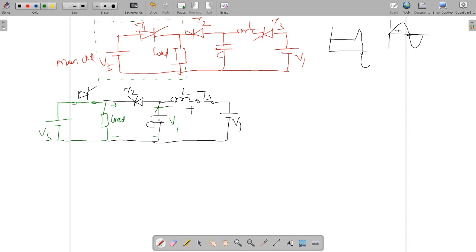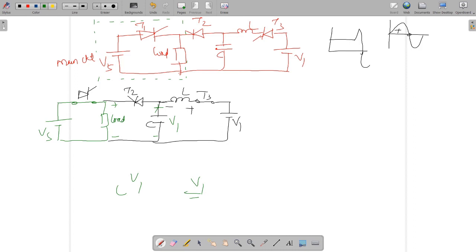So now what will happen? You can see here V1 is across the capacitor and V1 across the DC voltage. So ideally the current should be zero in this circuit, but you can see there you have the inductor, and the inductor has stored some energy in the form of magnetic field. So the inductor will oppose any sudden decrease in the current. In order to support the current, the inductor will reverse its polarity now.